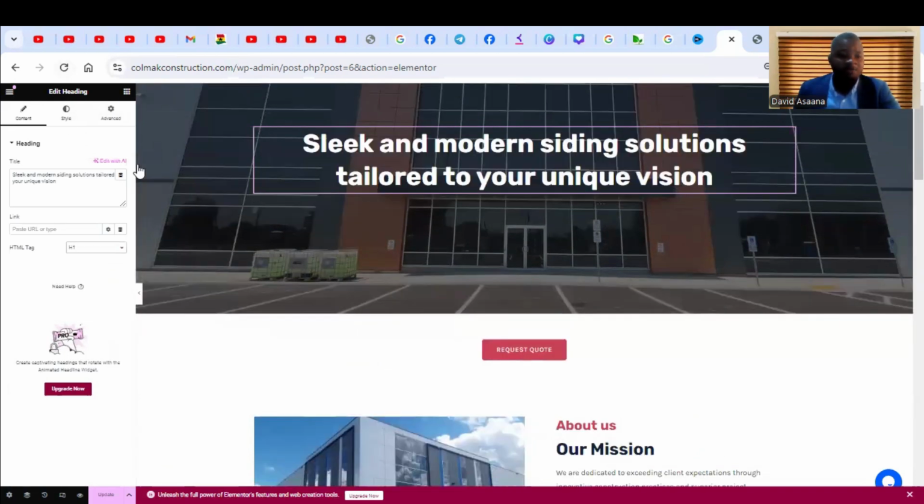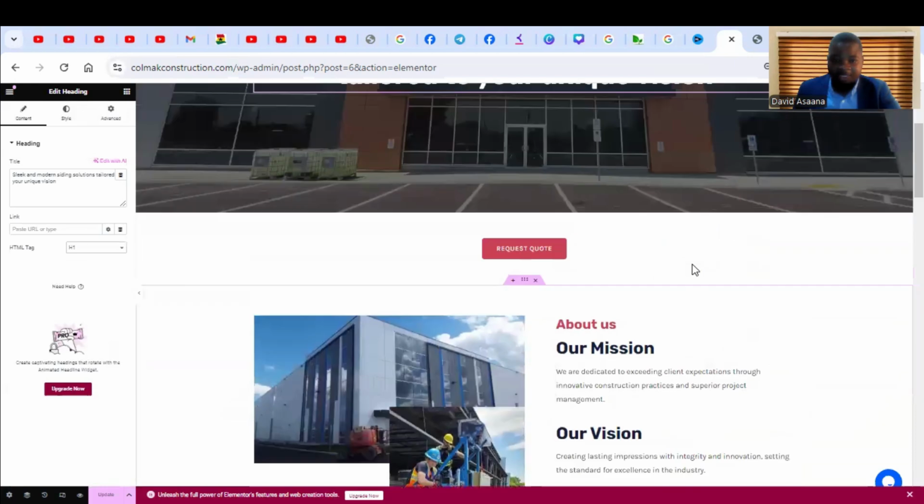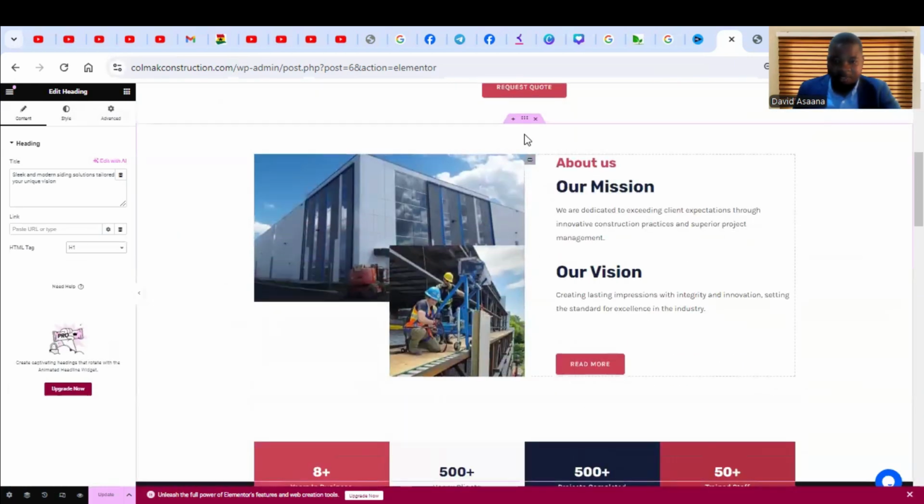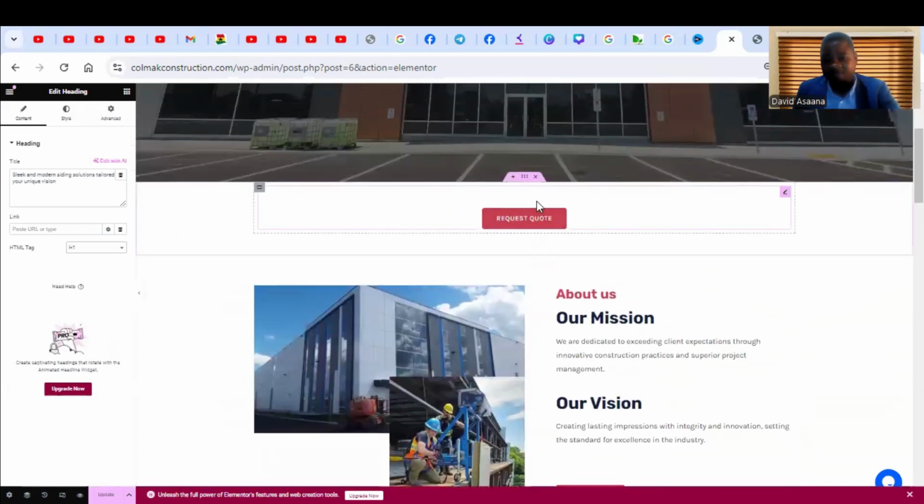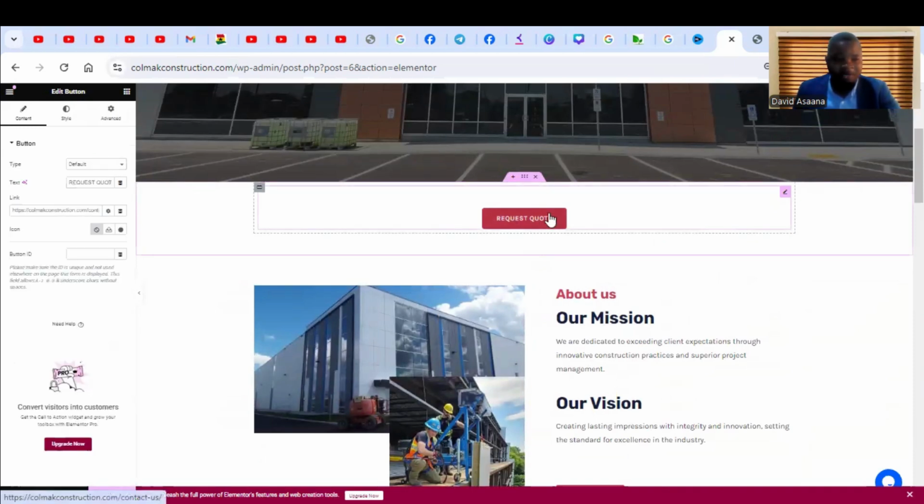Okay. Now, from there, let's say that you want to change this button. The way the button is, let's say you don't want it and you want to change it. You just click on it, and then you can choose the text for the button. Whichever text you put there, it will change here accordingly. So for example,